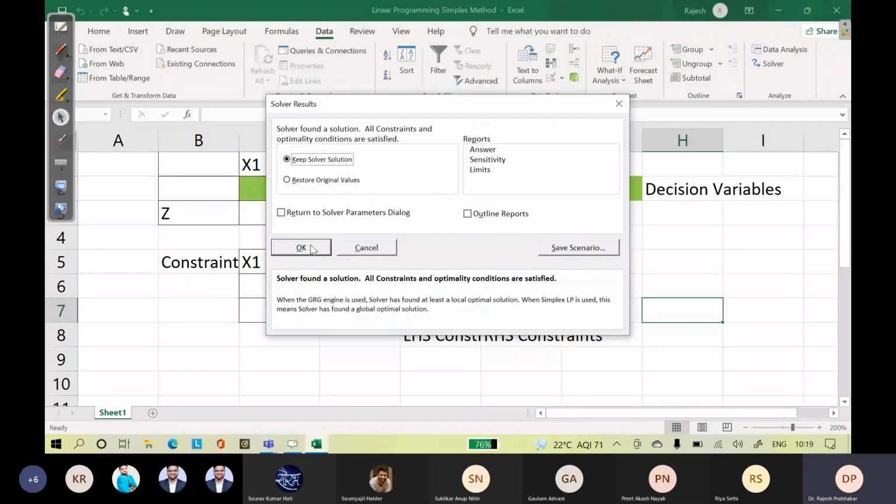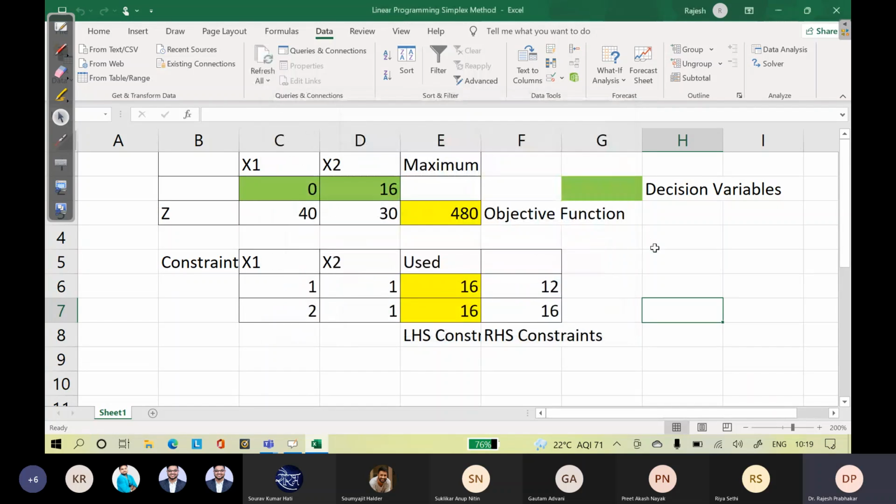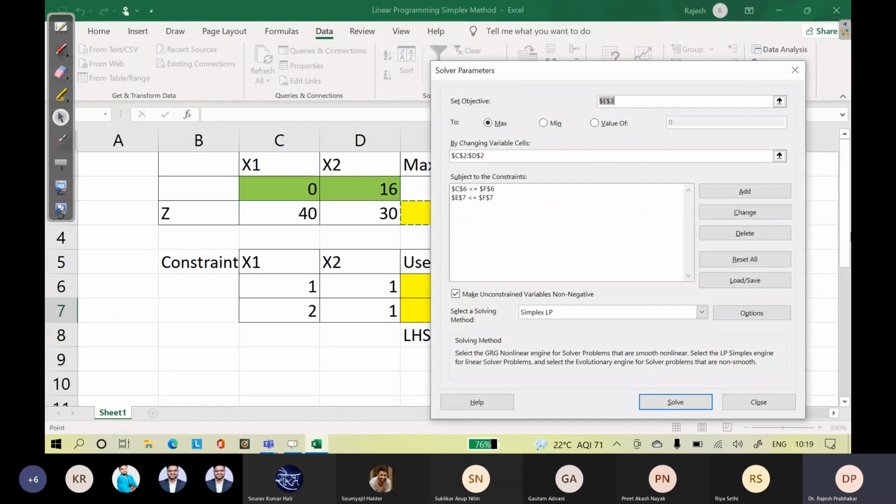Okay. So sir, I have to select the Solver Add-in, right? Yeah. So the cell references are the values of x1 and x2, right, sir? Yeah.